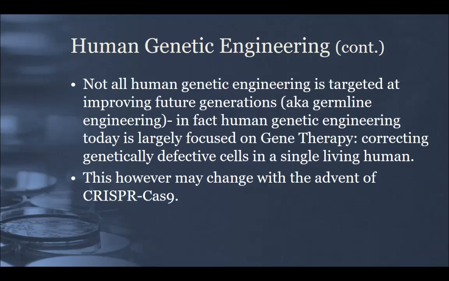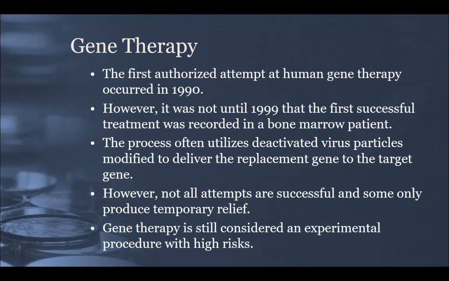In fact, genetic engineering today is mostly focused on what we would call gene therapy, correcting genetically defective cells in humans. This may, however, change with the advent of CRISPR-Cas9, which we'll talk a little bit about later and more about tomorrow. The first authorized attempt at human gene therapy occurred in 1990, but it was not until 1999 when the first successful treatment was recorded in bone marrow